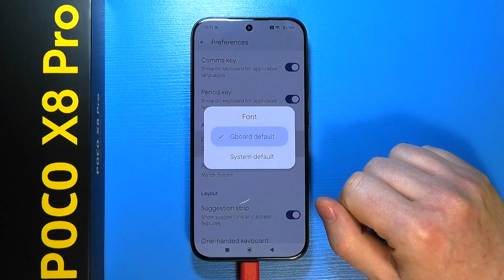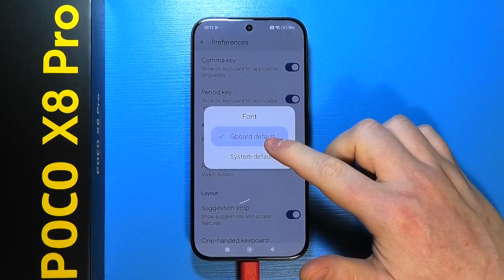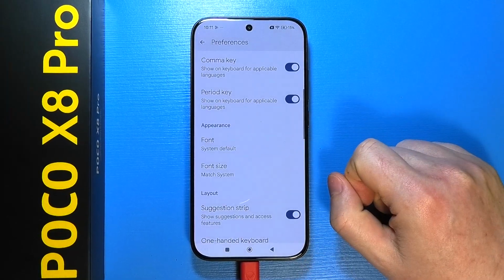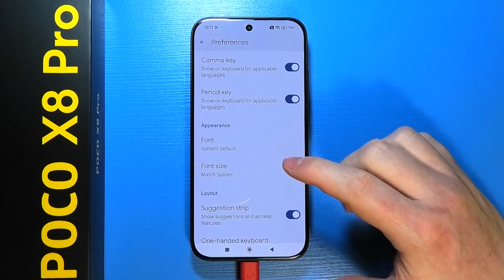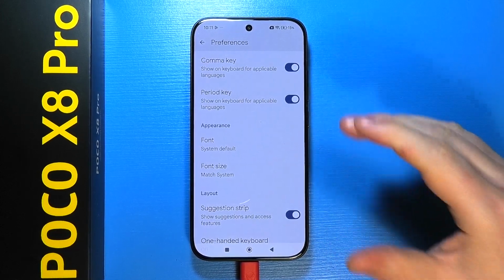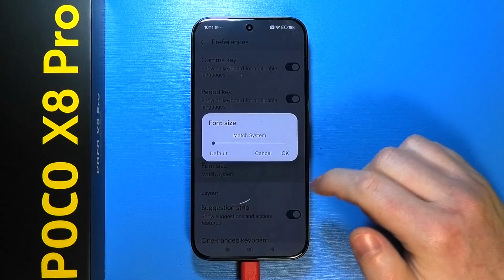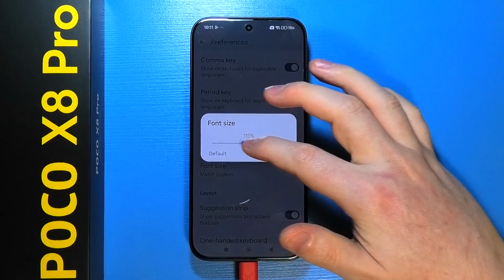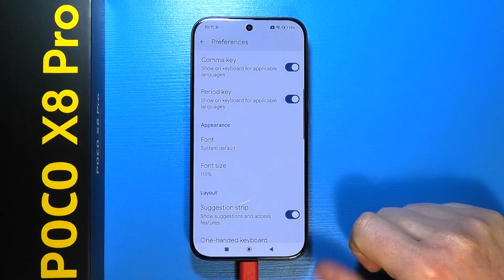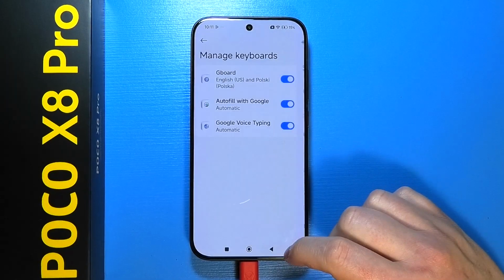We want to click on the font first, and then we can switch between Gboard default to system default. That way it will apply the same keyboard font as you have on your system. You can also change the font size right here. So let's adjust it like that, and then if we go back to the main settings page,